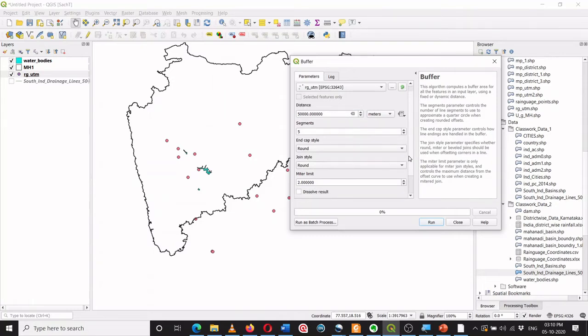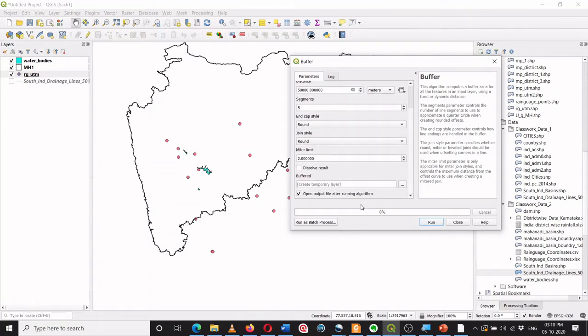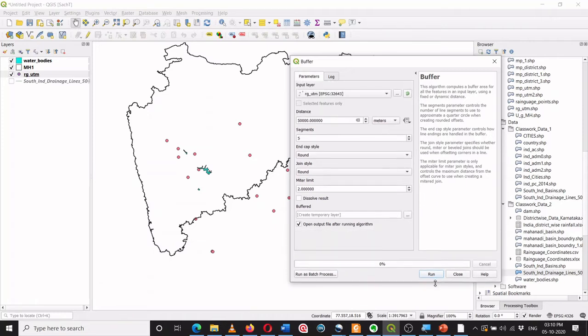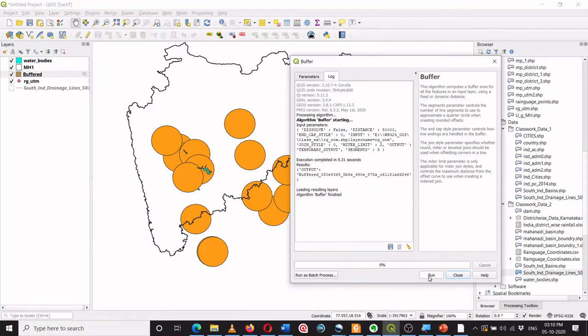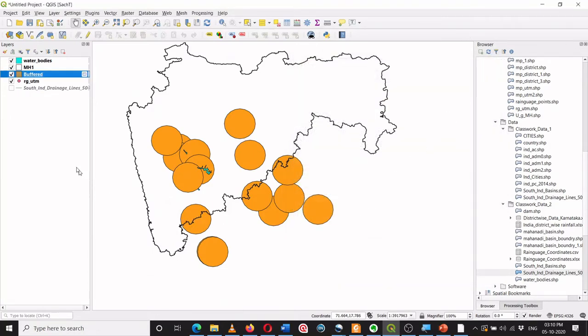For the time being, just neglect this, and let's run this operation over here. Yeah, so this is the buffered layer which has been created.